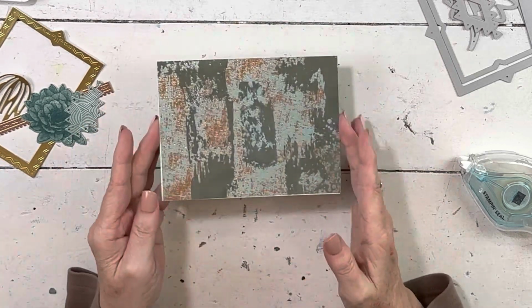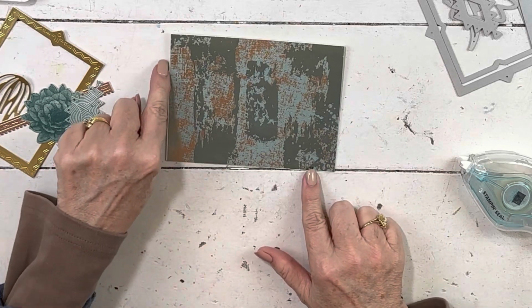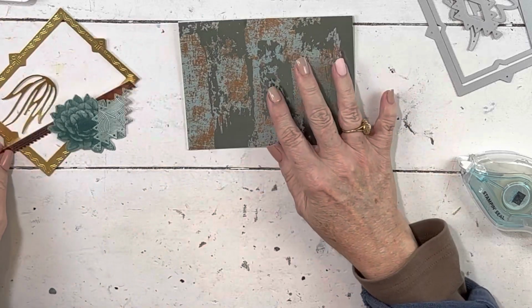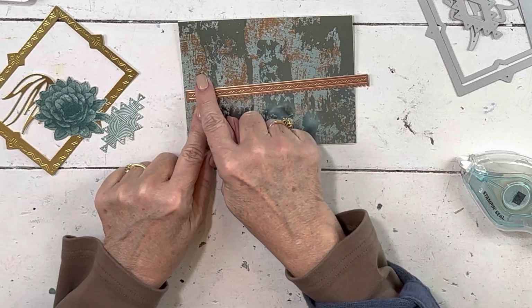So I'm just attaching that, and so you can see it's the whole thing. And I went with coordinating colors. That way, if you're a little bit crooked and it's kind of under there, you won't notice it. So we're going to start first then with this rose gold piece, and see how nicely it matches kind of